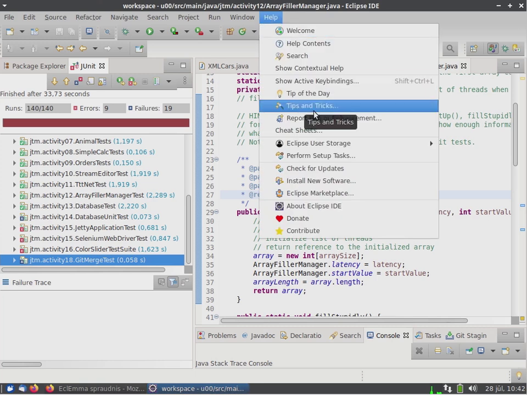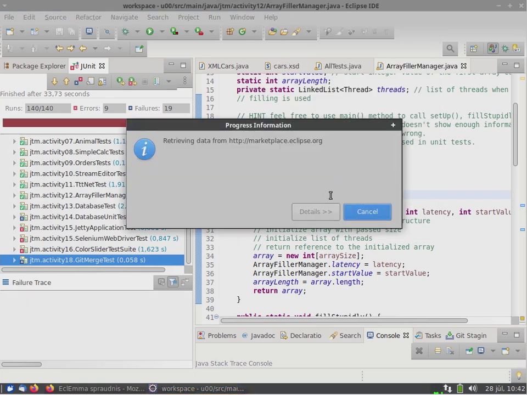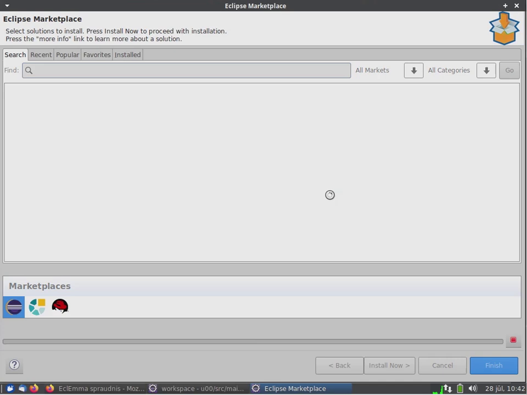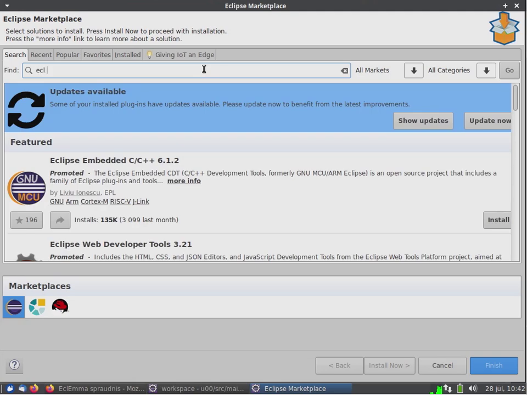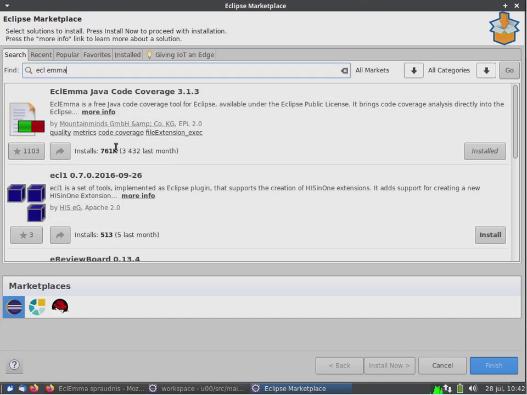First we can search: is this plugin registered in Eclipse Marketplace or not? It is, so if it is in Marketplace, the easiest thing to install it is using Eclipse Marketplace. And as I can see, it's actually already installed for me. If it's not installed,